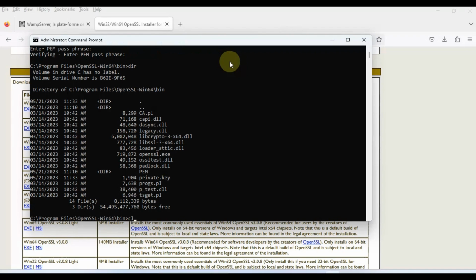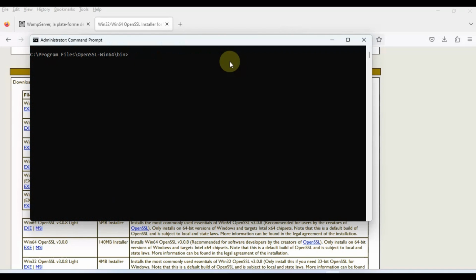Okay, now we'll clear this out. Now the next command is to take what is inside this private.key file and regenerate the key file using RSA. For that, you can type openssl rsa -in private.key -out private.key. So what this means is you use OpenSSL and RSA to generate the key file, and you take